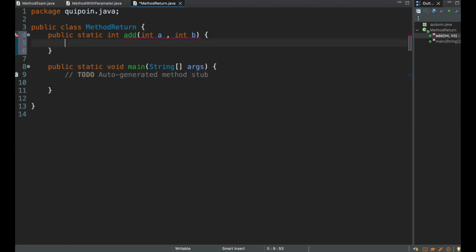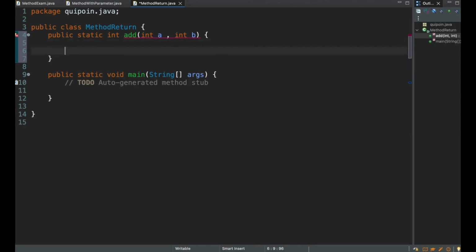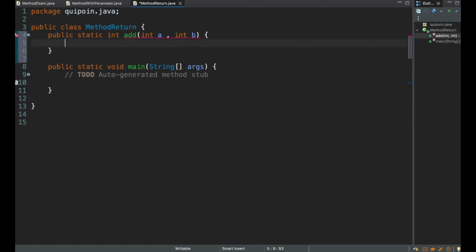These are the parameters. And then let's write return a plus b;